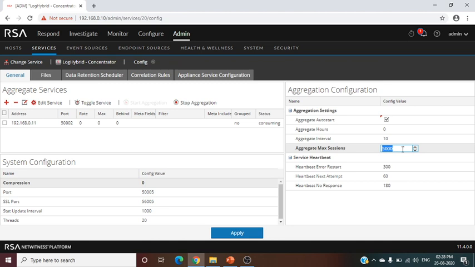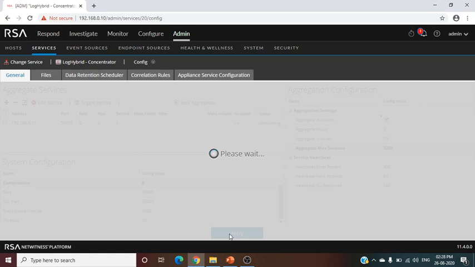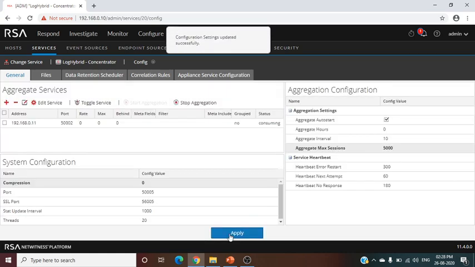It's from 5000 to 10,000. It means your concentrator will start aggregating 10,000 events at a time. So the lag will come to 0 or minimum. So again click on apply. Yes. Now concentrator configuration is done.